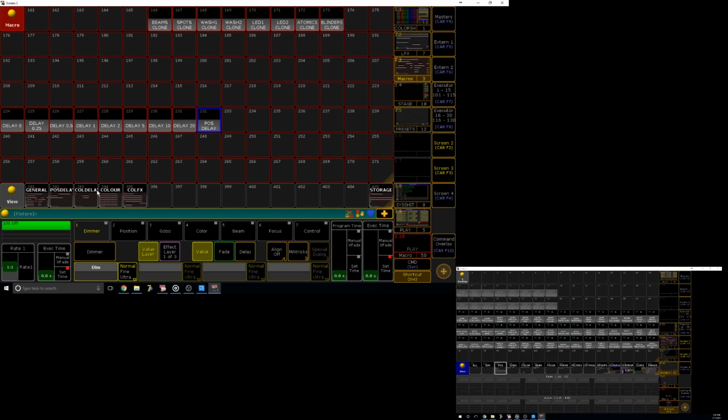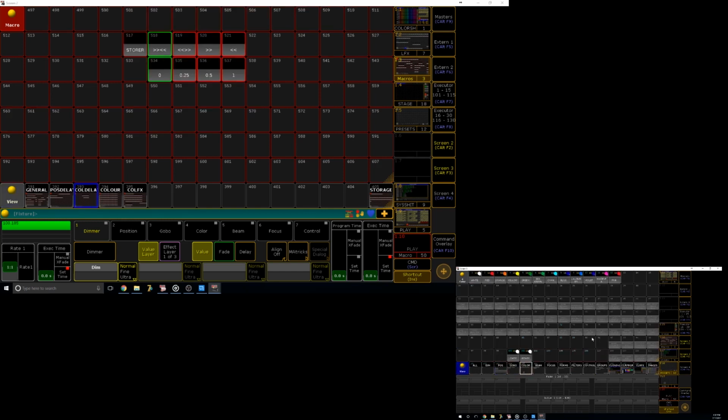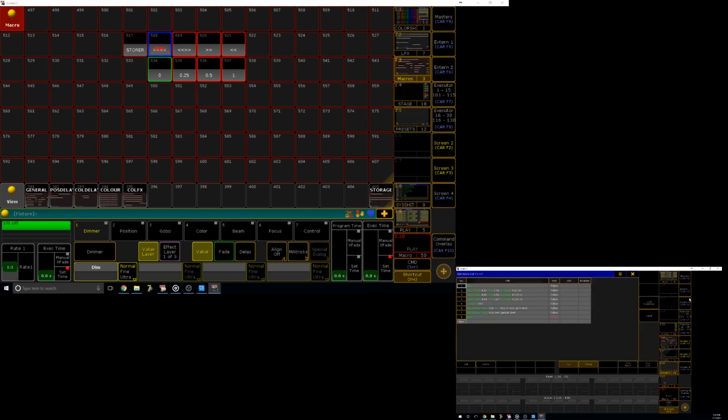But the place that comes in better is the color delay. If I come into the color, you can see I've got quite a few blank ones over here. But then down here in the corner, there's a set of 4. The reason for that is I have 4 possible combinations: out, in, out, left, right, right, left, and then 4 possible times: 0.25 seconds, 0.5, and 1. So the way this works is when I go into these macros, they do what I call the